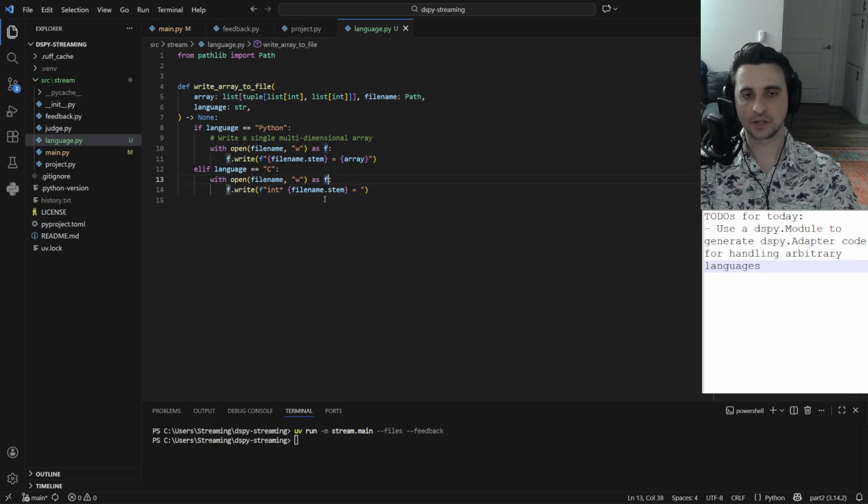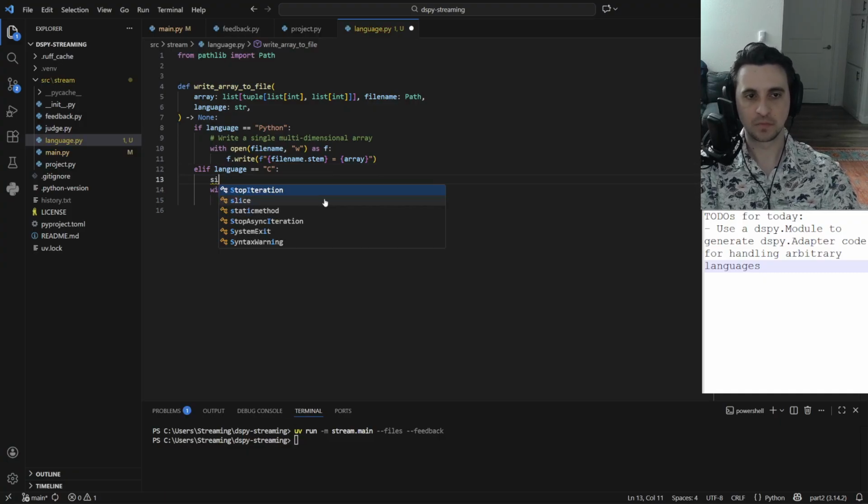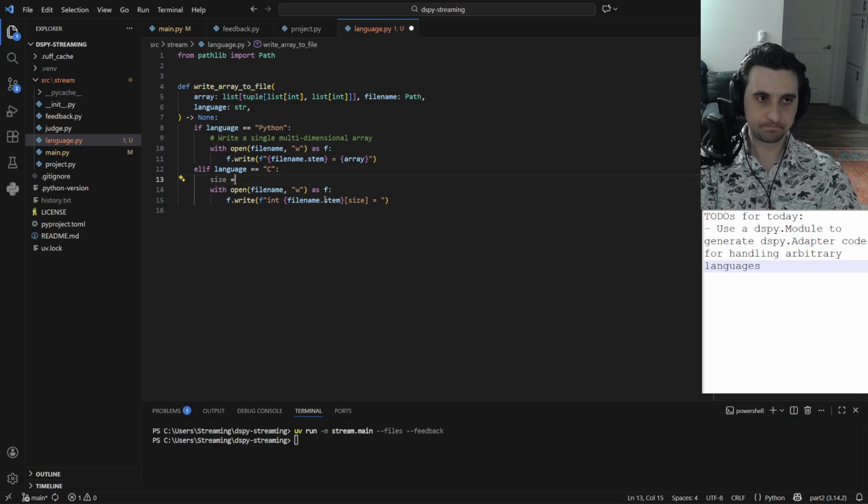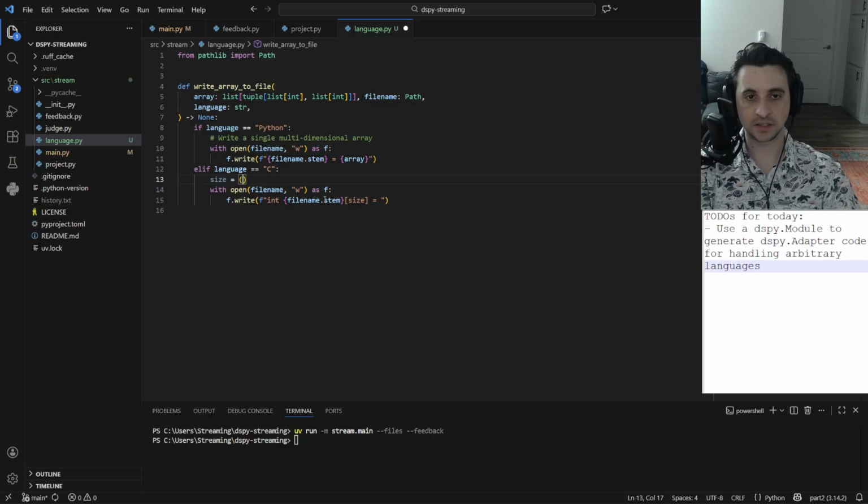Or no, I think it's like this, right? Okay, so I would have to pre-calculate the size. The size itself is a bit more complicated because it's a nested array, so sizes would be,